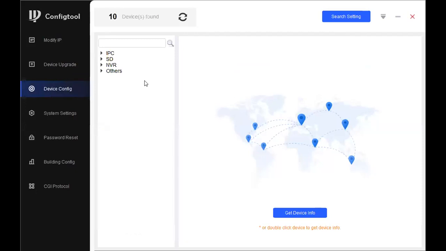We also have an option for configuration. Smart PSS can do configuration on only limited devices like video intercom. It can do configuration on video intercom web models like VTH. It can do configuration for VTO. You can also do configuration for